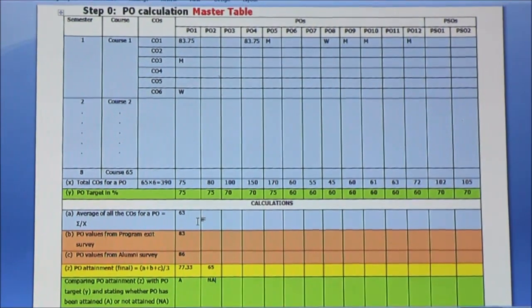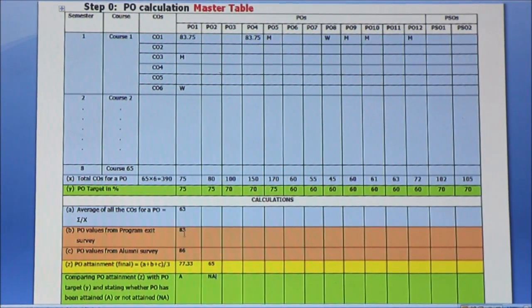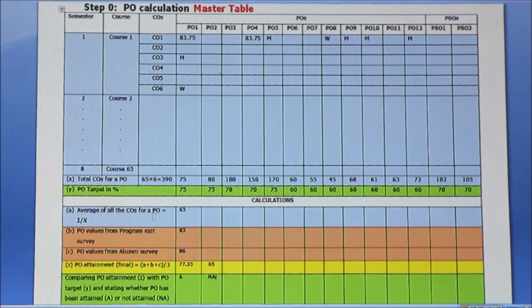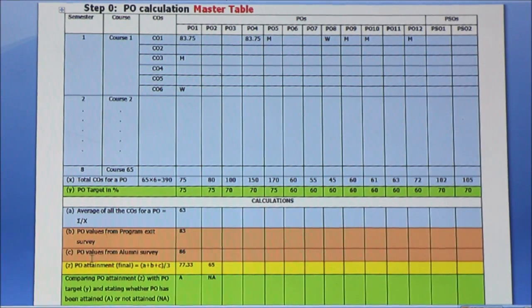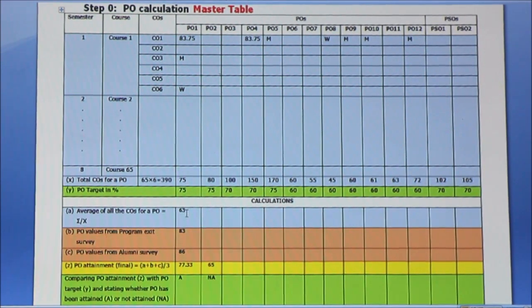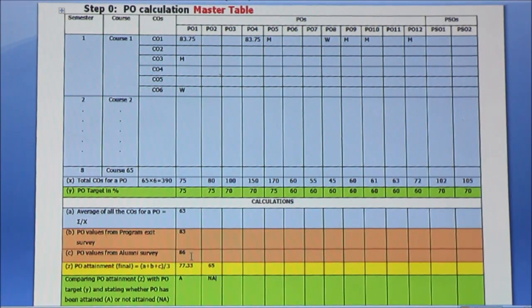Let us really concentrate on teaching. Now, instead of giving equal weightage, we can say, I will give 80% weightage to this one, then 10% weightage to this one and 10% weightage to this one. Then it will be 63 into 0.8 plus 83 into 0.1 plus 86 into 0.1. So based on weightage, if I calculate, I will get